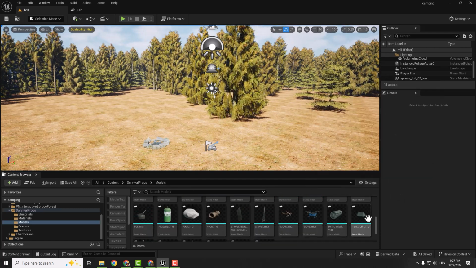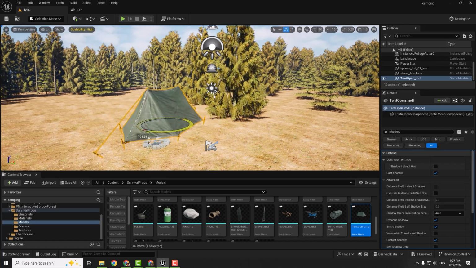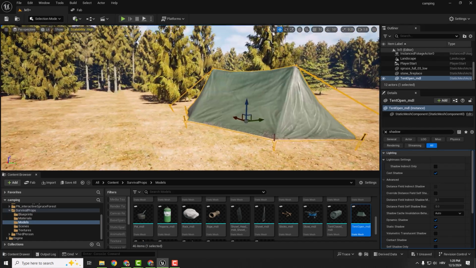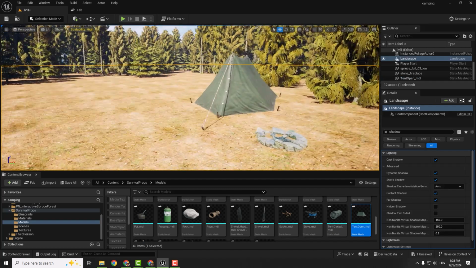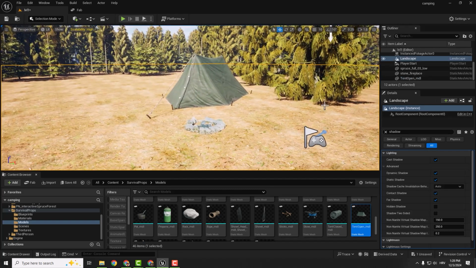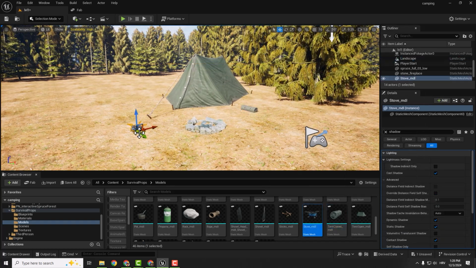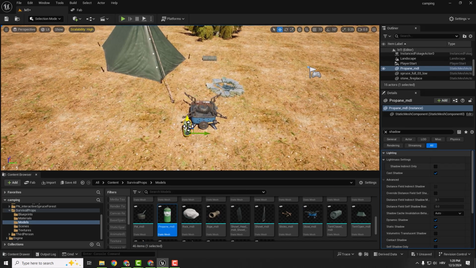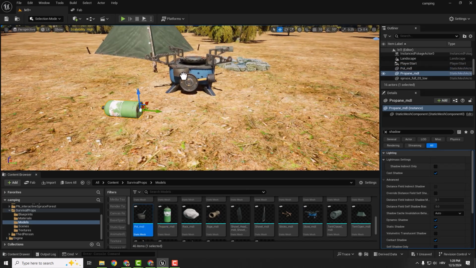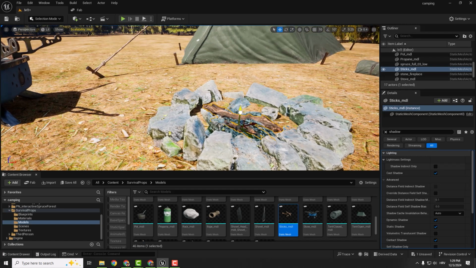So we will import a tent, this one, and make it bigger. We can change it like this, move it here. And I must say these assets are looking really good. So we have one tent, move the tent, close tent here, add some stove, we can make it bigger, some propane gases here for the stove, this, add pot, add some sticks inside the fireplace, you can add another one,